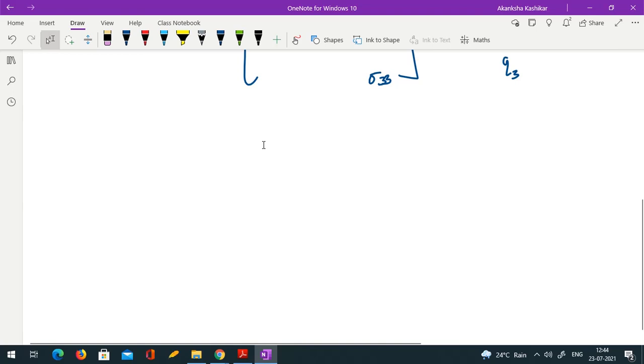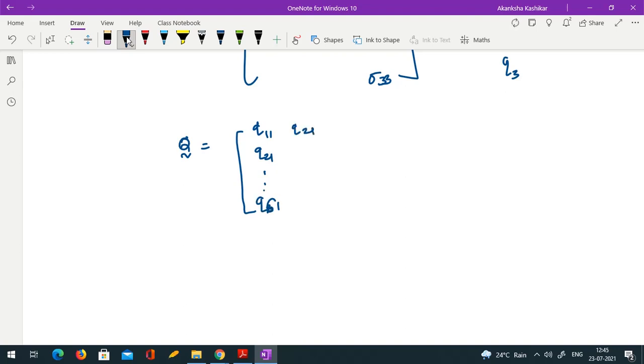So what we are doing here, see, whenever you are stuck like this, try to list down what all you know about the things that you have. Okay, so let me write down what all we have. We know the first column of the loading matrix, so we have Q. Some entries I have here, so let me call them Q11, Q21, Q61, and then Q12, Q22, Q62. This is my loading matrix, right?